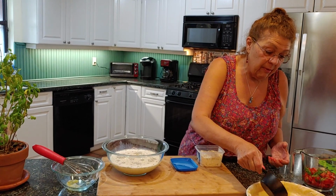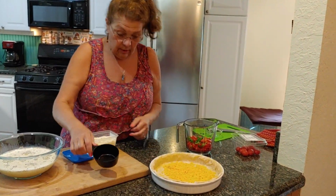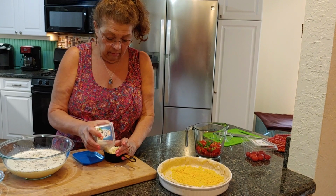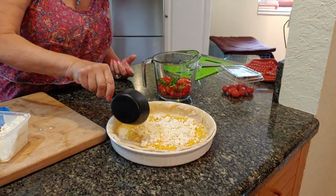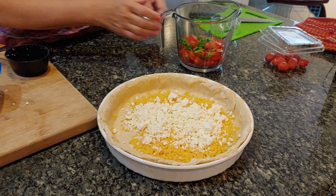So we start at the bottom of our unbaked crust. And there's our cheddar. Sharp cheddar's fine, mild cheddar, whatever. And then there's 3/4 cup of our feta. Sprinkle that on. And then we take